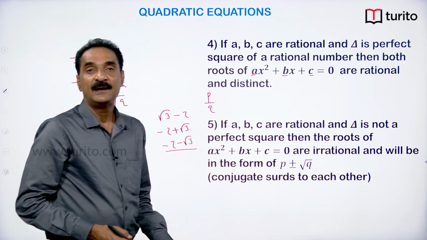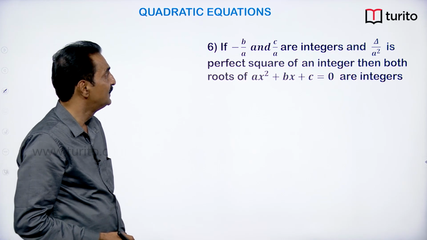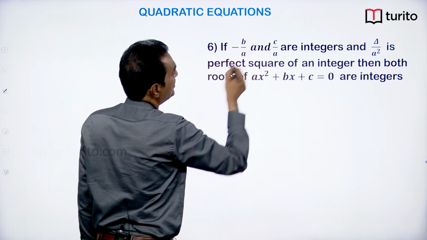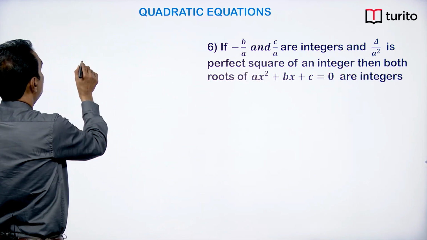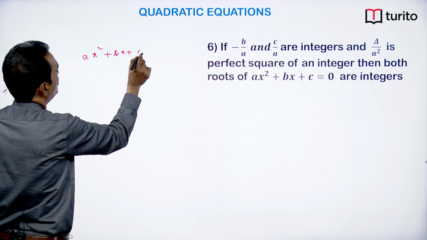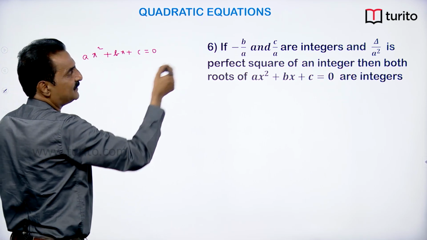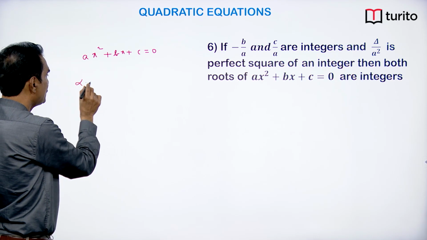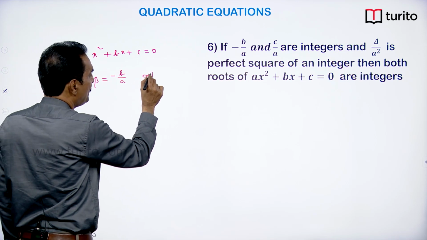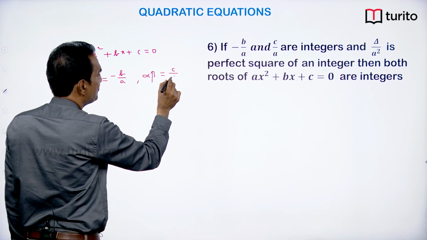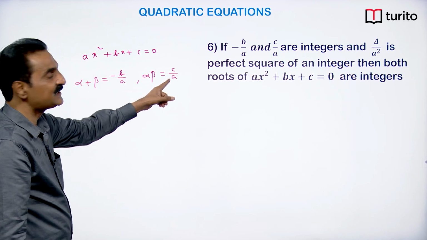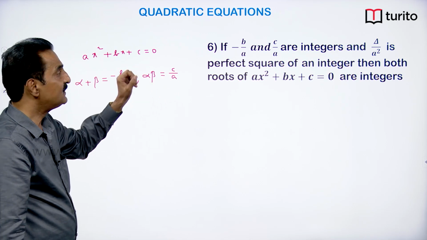Okay. Next, one more point is, if minus b by a and c by a are integers, in the quadratic equation ax square plus bx plus c is equal to 0, we know that minus b by a is the sum of the roots, alpha plus beta is equal to minus b by a, and alpha beta is equal to c by a. Okay. When the sum is an integer, and the product is an integer, then